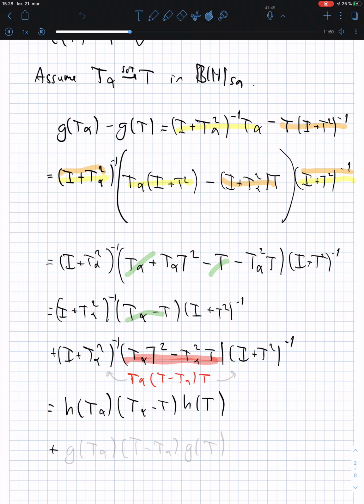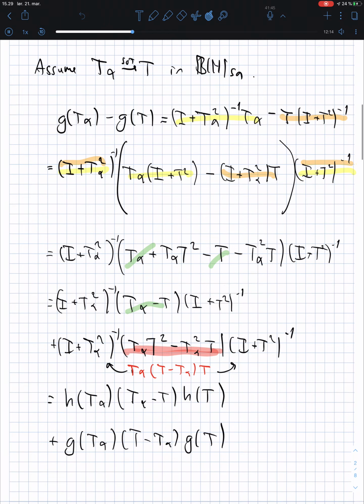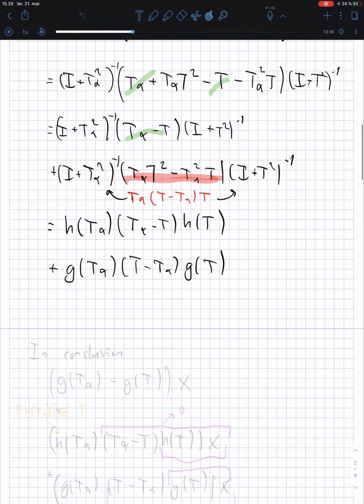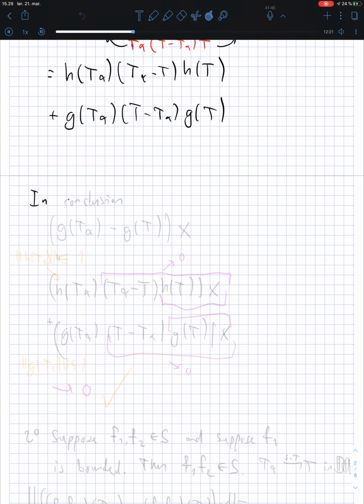So if I take the t alpha and I put it into the left term, and I take the t and I put it in the right term, then what I have here is g of t alpha, and then again t minus t alpha, and then g of t. Okay, so that was a long rewriting, so I'll just rewrite it. So in conclusion,